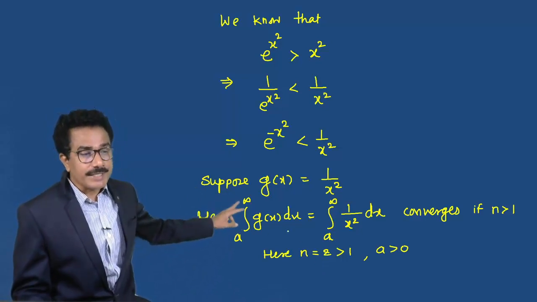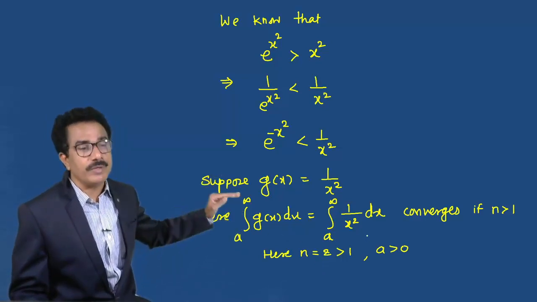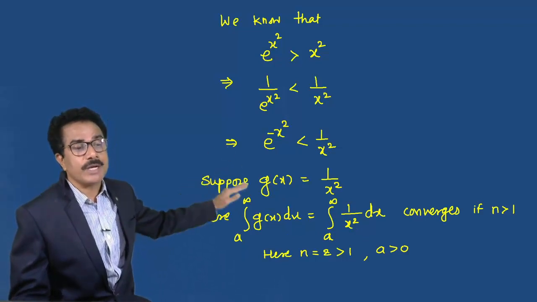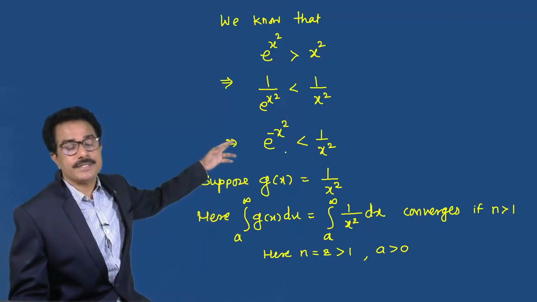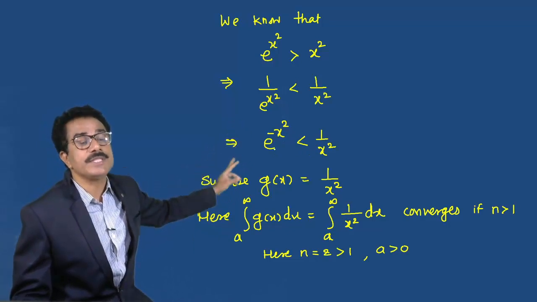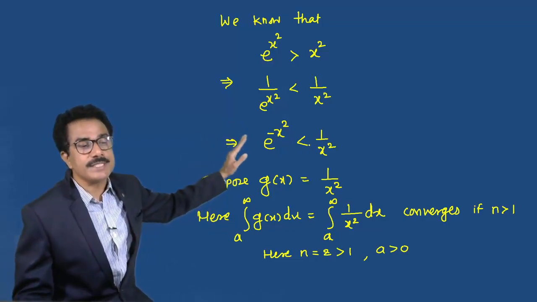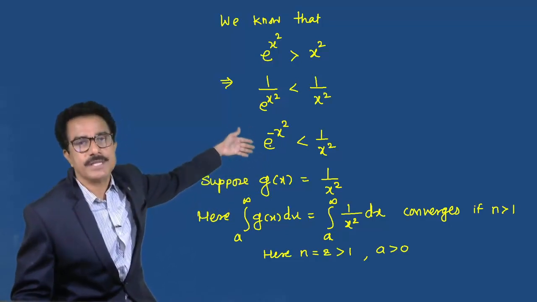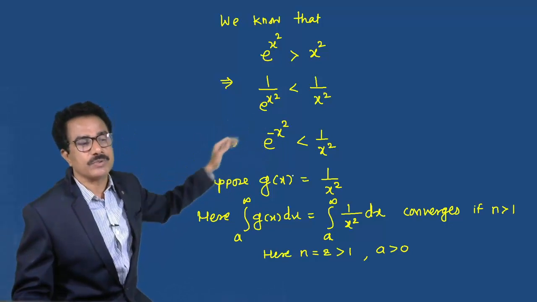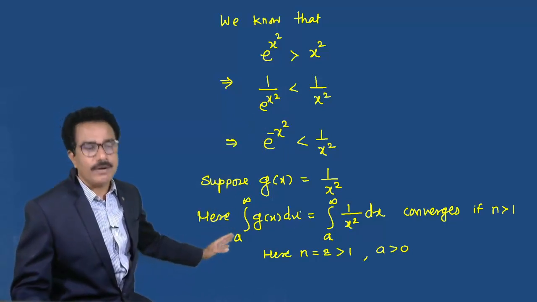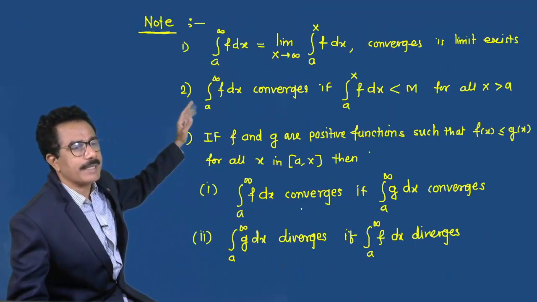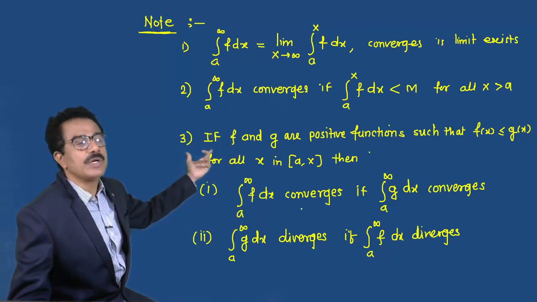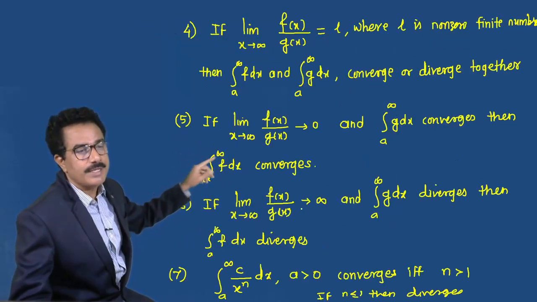So the integral of g of x dx converges, where g of x means 1 upon x square, which is greater than e raised to minus x square, which is f of x. So f of x is less than or equal to g of x, and the integral of g of x converges. Then by the comparison test first, we can say that, hence therefore,